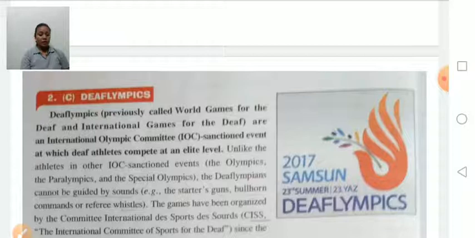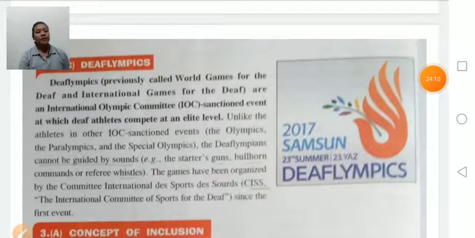These are International Olympic Committee sanctioned events at which deaf athletes compete at an elite level, for the people who can't hear.